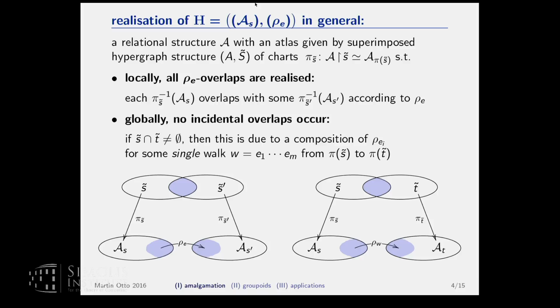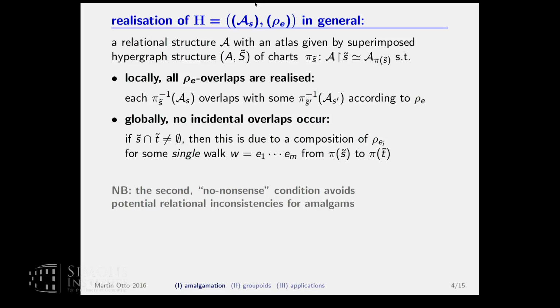So there's no incidental overlap that would just have occurred because you put glue in places where it wasn't necessary to put glue. Right, so this second no-nonsense condition goes in the direction of keeping this as free as possible, and also avoiding potential relational inconsistencies, and this is an aspect of global consistency that we're discussing here,